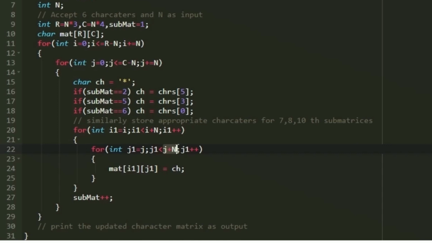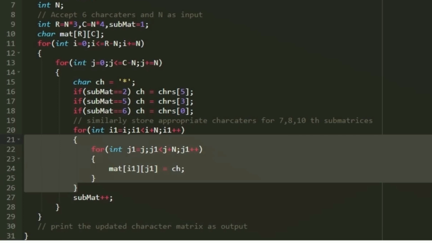Similarly, the j1 loop starts from j and iterates till j1 less than j plus n. And in every iteration of this nested loop, at the index i1 j1, we will be storing the character ch. So this nested loop will fill the particular n cross n submatrix with the character ch. So this is how we will be filling the characters in every submatrix.